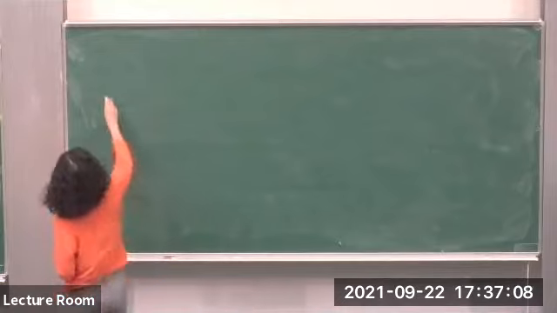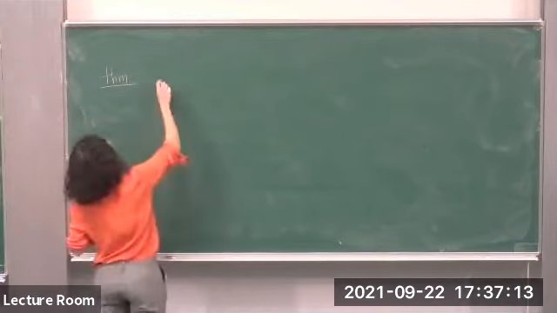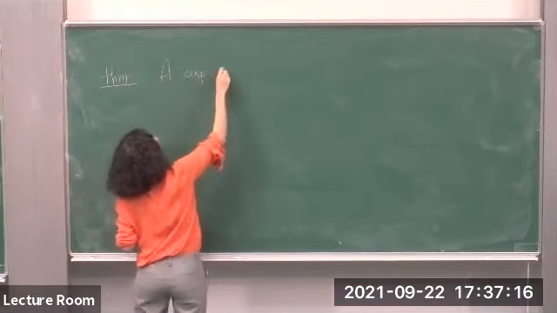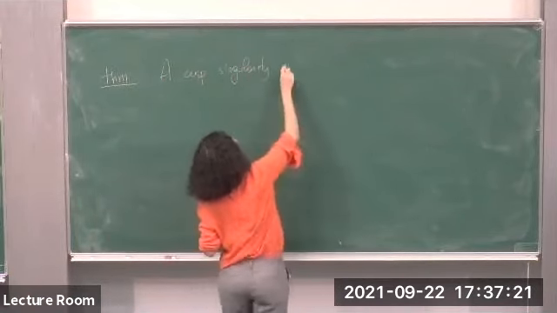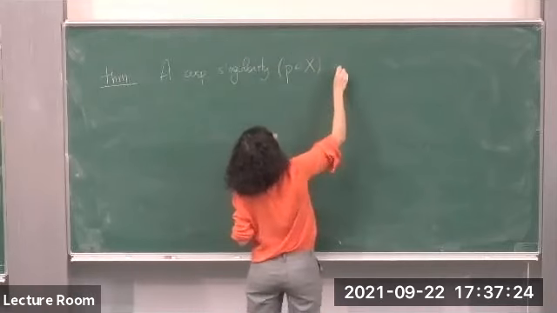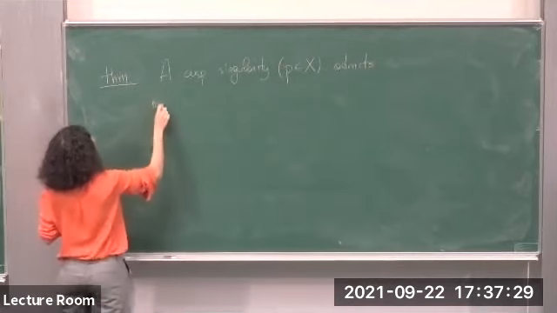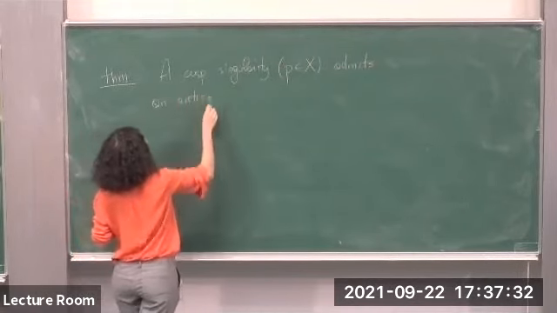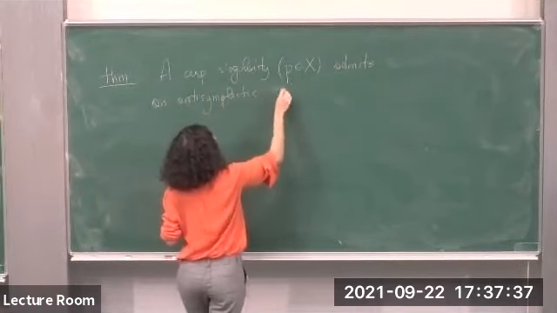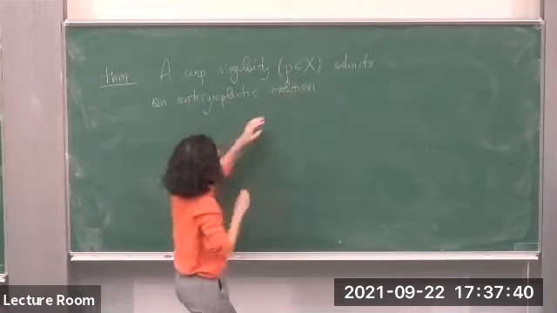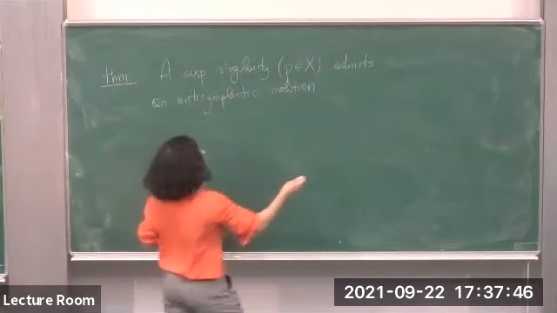The answer is, well, a cusp singularity in X admits an antisymplectic involution, if I don't say it, it's always fixed point free and so on, if and only if